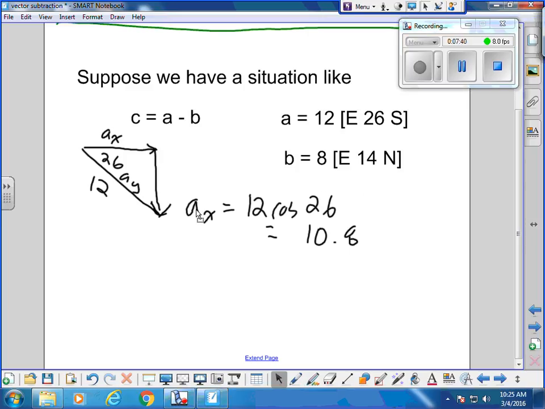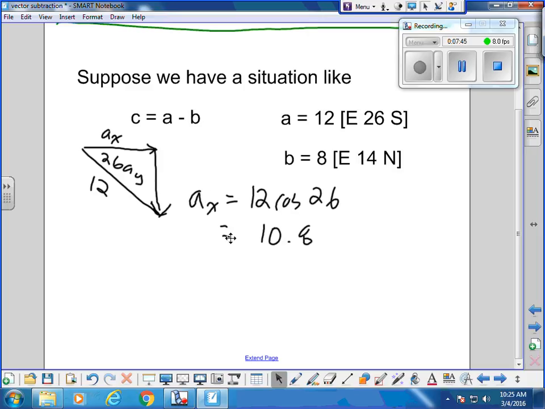Now, I like to actually, I didn't do a very good job here. I like to put my X's in one column and my Y's in another column. That's the way I like doing it. So I'm going to have to scrunch here. I forgot I was going to do that. So this is going to be 12 sine 26. If one is the cos, does the other one have to be the sine? Yep. What is it? 5.3. Okay. Now it's down, so it's going to be negative, right? Please be very careful with those. Okay? It's important